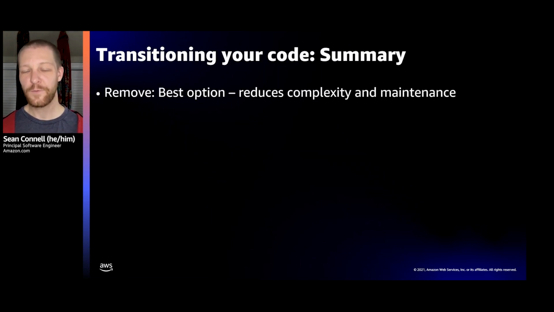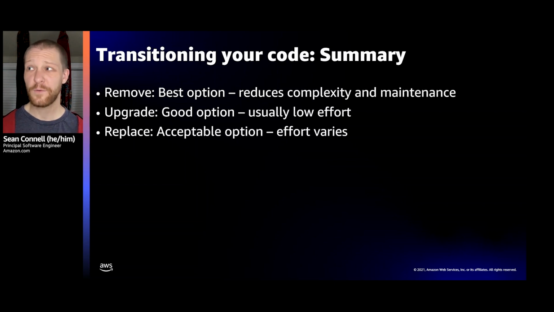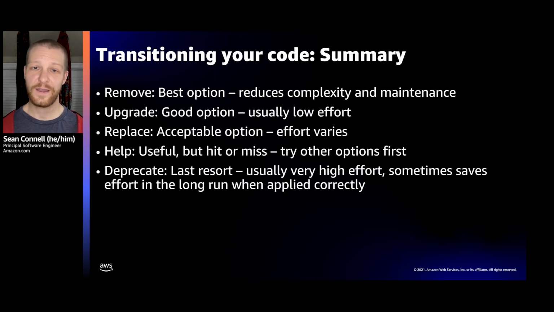So in summary, based on effort and incidental complexity shrinkage, you really want to go in order, ideally from remove, because it gives you the best return on investment for complexity, to upgrade. It's going to get the job done. That's usually not too much work. If you can't do those, maybe look at a replacement. Sometimes there's easy drop-ins and it's not so bad. And you can get free wins if you pick the right replacement, but it can be difficult. Then ask for help if you've not got any good options yourself. And failing all else, consider some more extreme options around deprecation. It doesn't usually fit, but when it does, it can pay off big time.